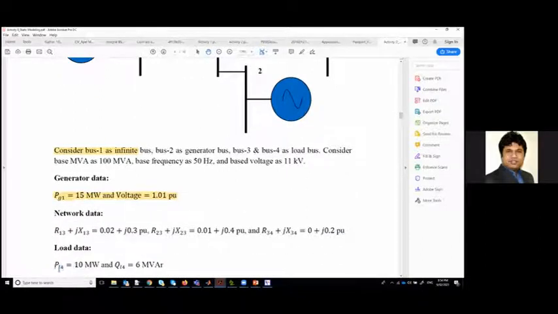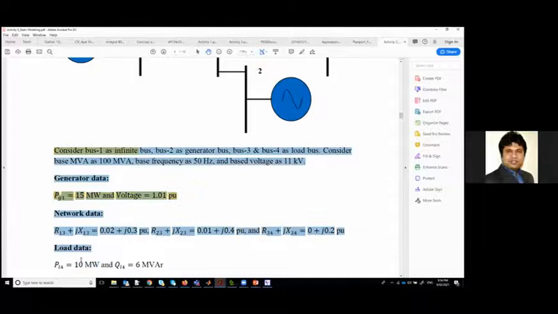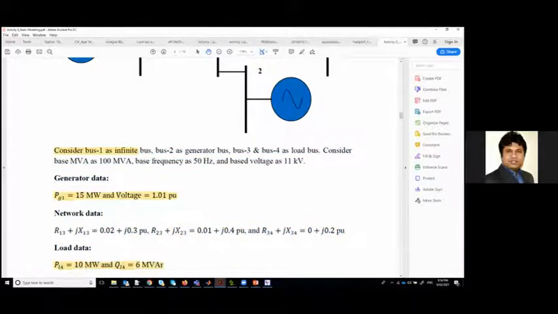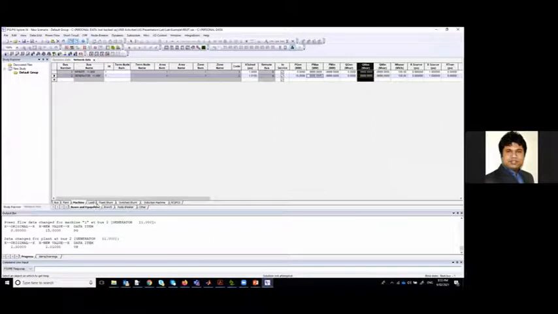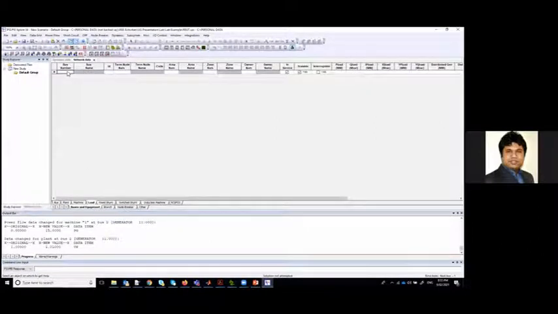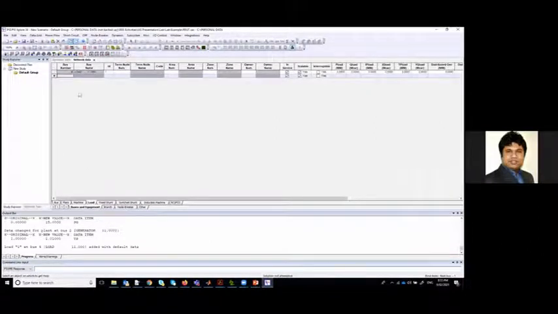Let's put the load information. We can put P and Q there. P and Q for bus 4 is given as 10 megawatt and 6 megavar. So now let's go to the load tab, bus 4. And we got P load and Q load. If you look, P load and Q load, we got P as 10